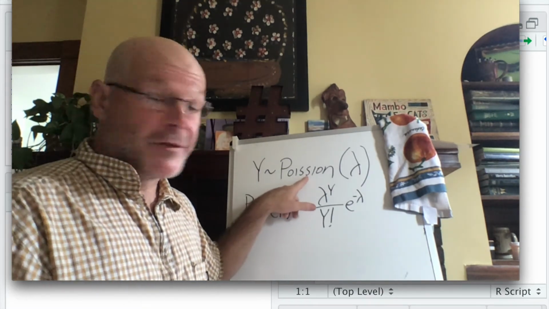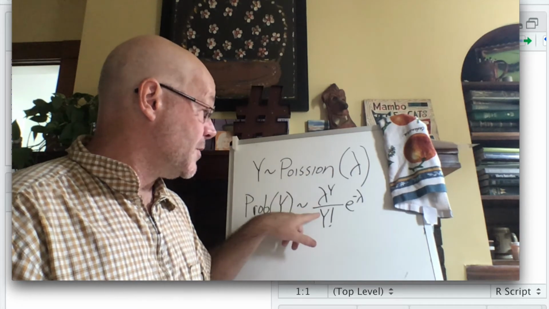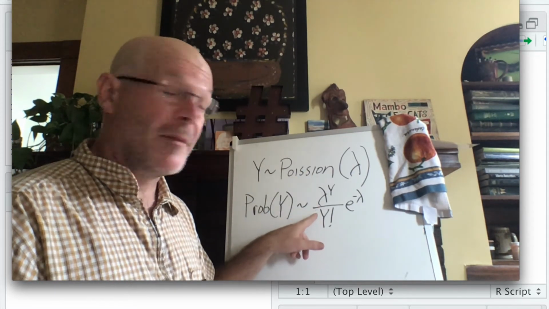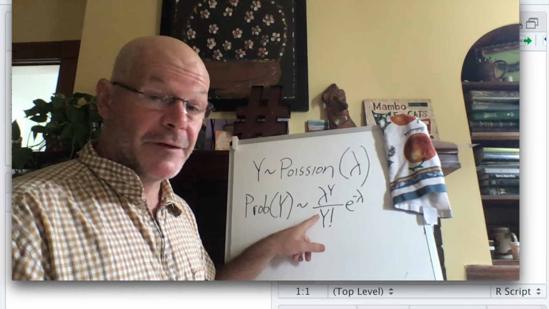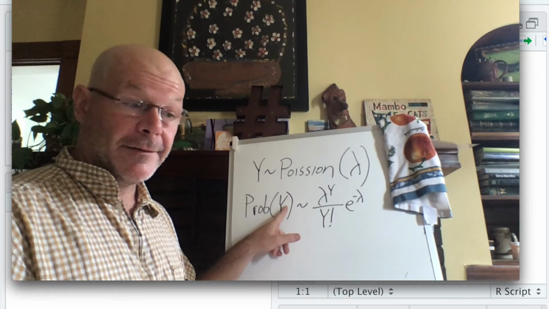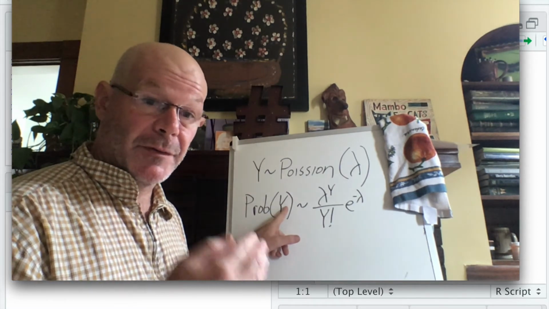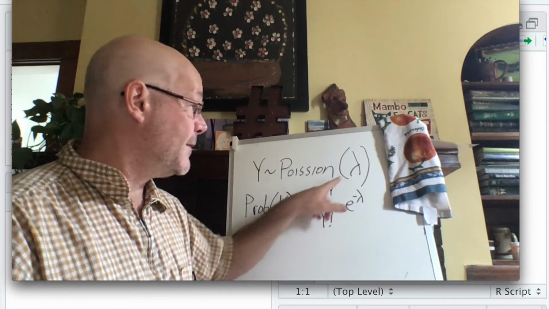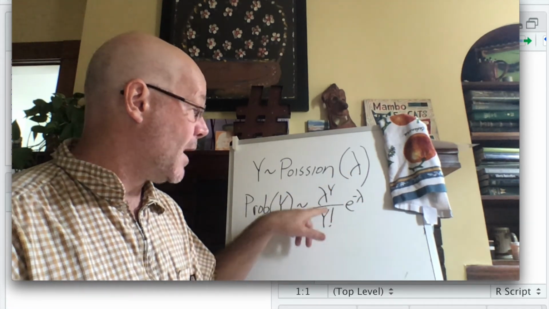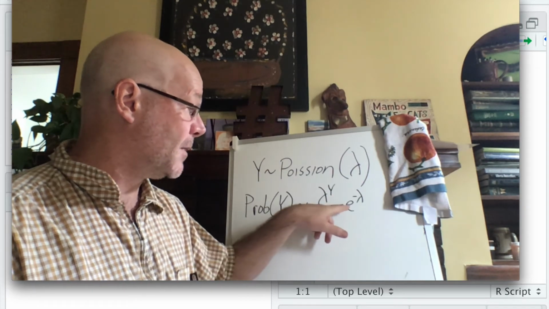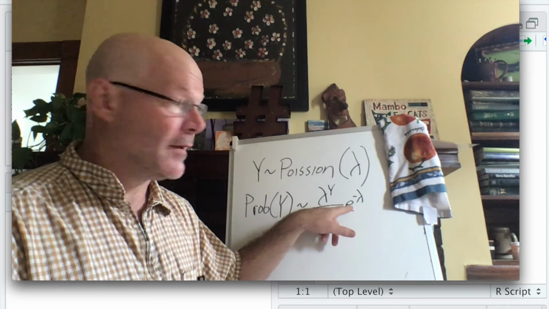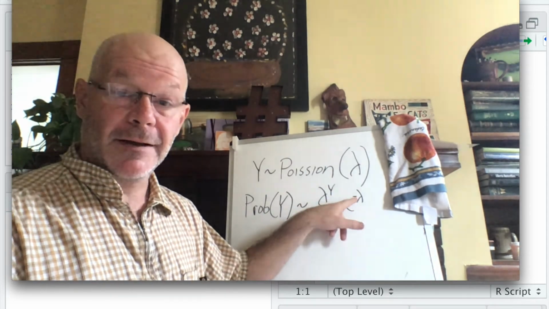Like the binomial distribution, the Poisson distribution is going to be described formally by a probability mass function. And this will tell us the probability of observing y, which again is going to be an integer somewhere between 0 and infinity, given our estimate of the rate, which is lambda. And it's simply lambda to the y over the factorial of y multiplied by Euler's constant, so the base of the natural log, raised to the negative lambda power.